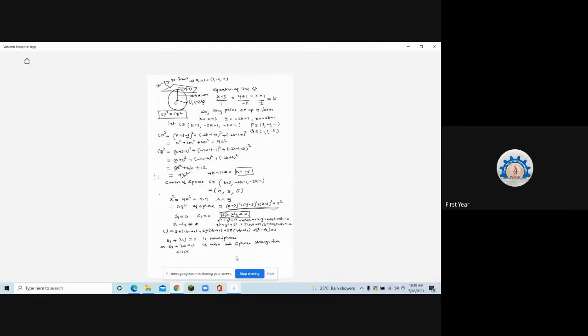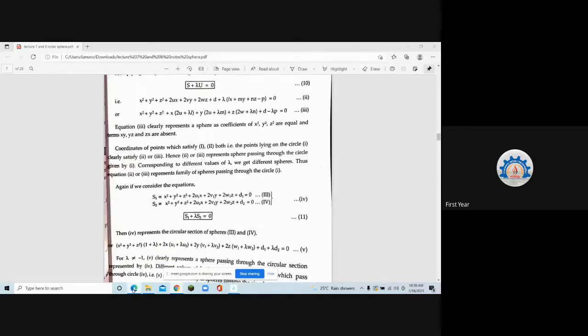But now if one more condition is given, as a sphere has how many unknowns? 4 unknowns. So if that many conditions are not given, then we can get different answers, considering each condition. Clear? Yes, ma'am. So that's why we get S2. Okay, fine. Should we go ahead? Understood the concept? We will see the examples then.